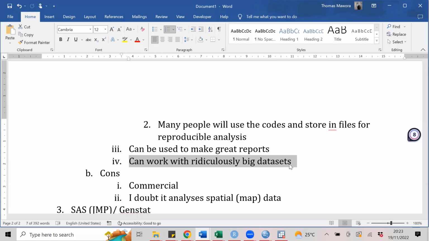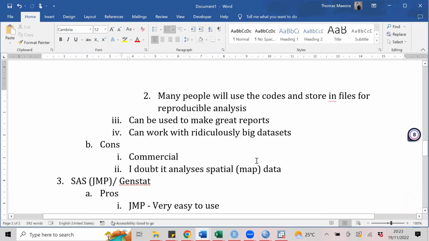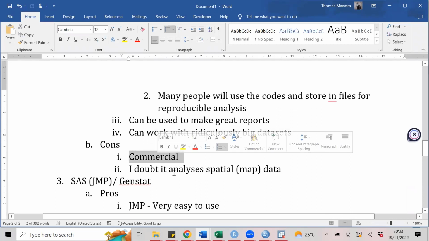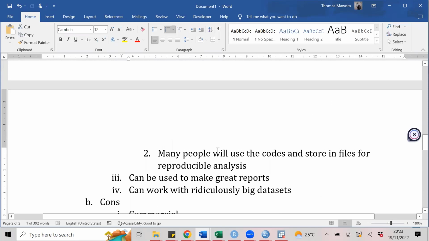It allows one to record the variables and use them and select the ones you want. So it's not a surprise that many people nowadays, particularly people in demography, will be using Stata for most of the analysis. Of course, one limitation is that it's commercial, and I've never seen it being used for map data or spatial data, okay?